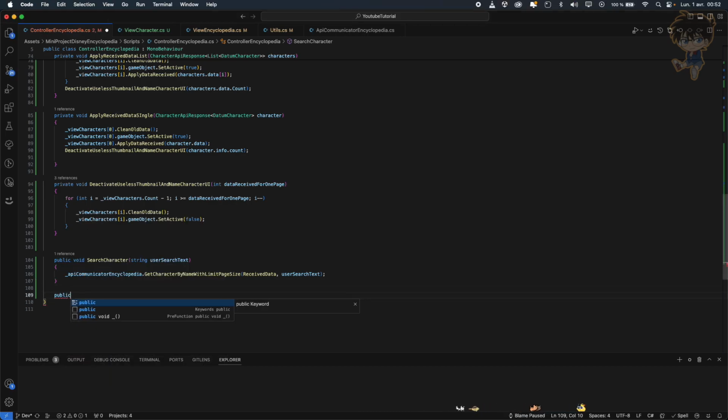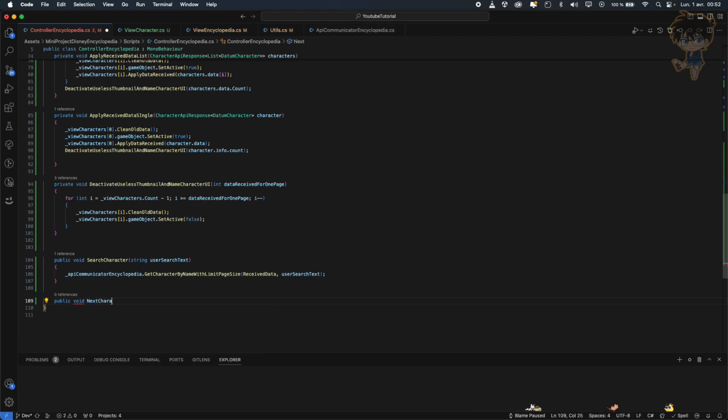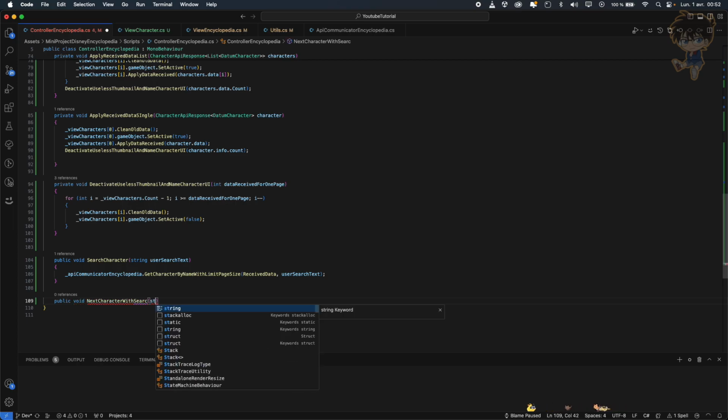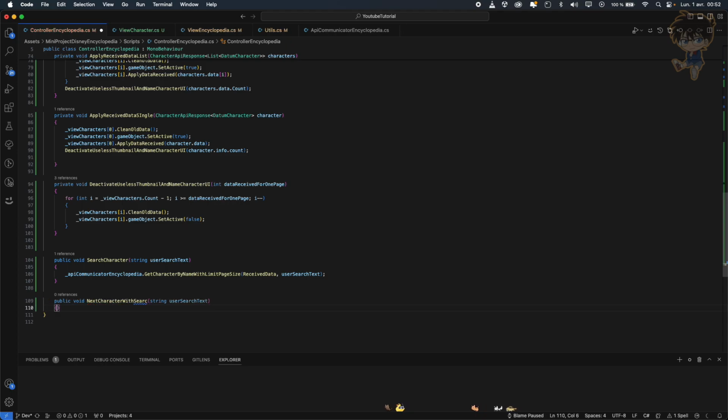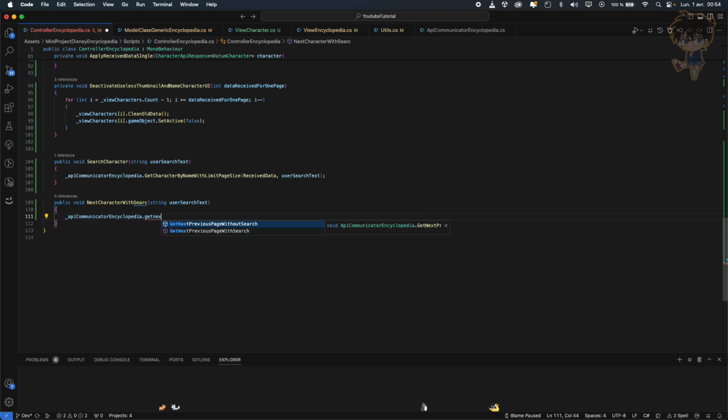So let's do public void, and let's name it next character with search, because this is very important. It will take in parameter a string, and we'll say user search text. And for this, what I want to do is API communicator encyclopedia dot get next page with search, and we want to put in parameter receive data, user search text, and also